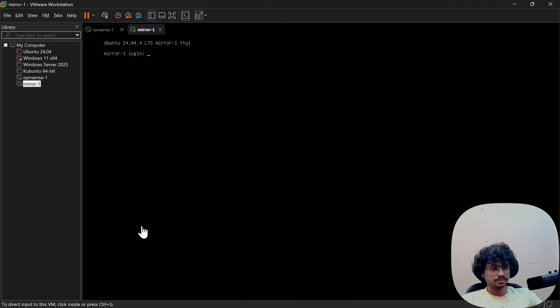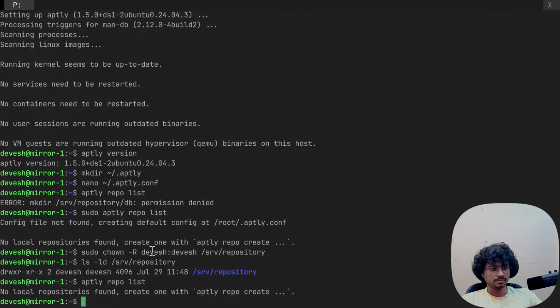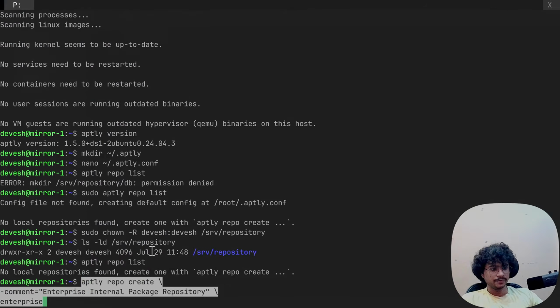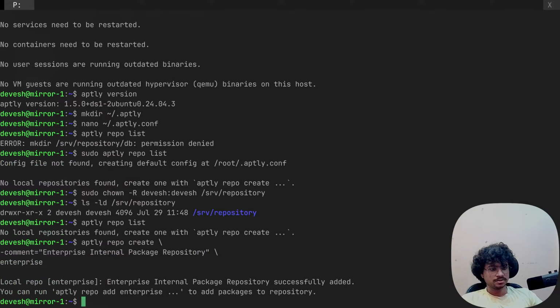Create enterprise. Aptly repo add enterprise to add packages to the repository. That's easy. But this way,